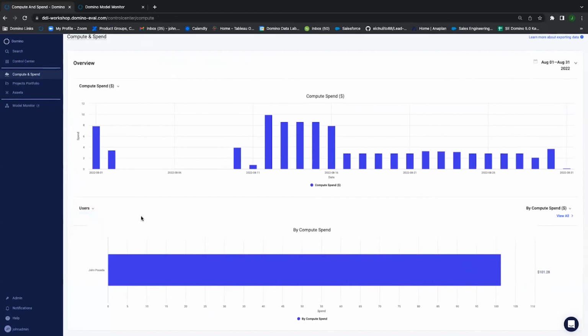Was this what you were asking when you asked that question? Yep. Right. Then I can also see it based on time frame as well if necessary. And I can select the time frame that I want to look at specifically for this cost.